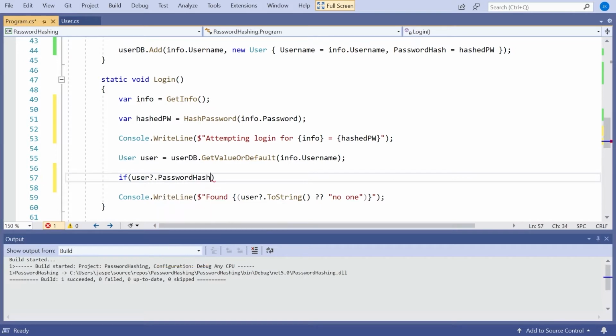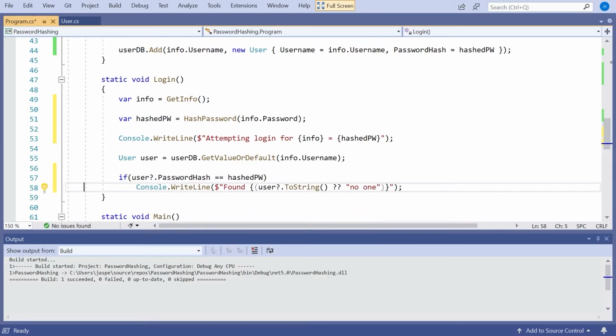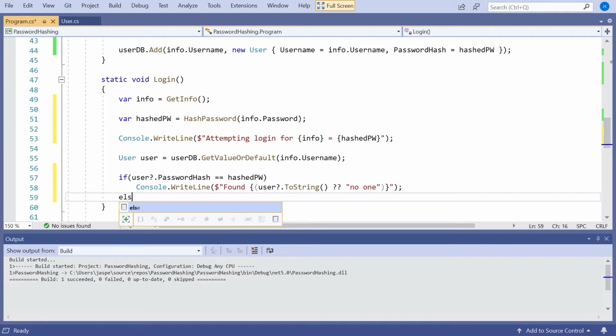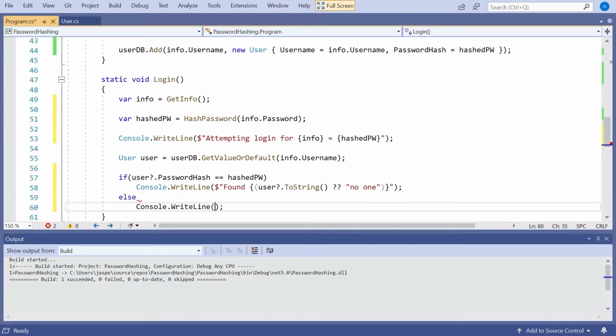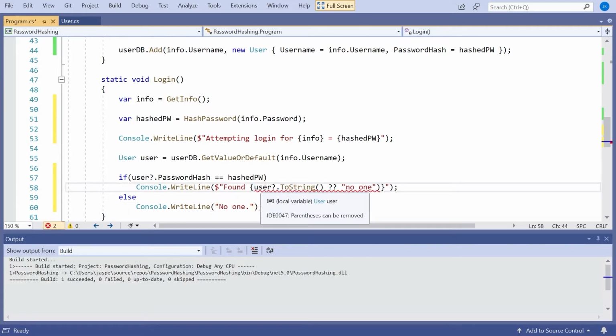But then we'll compare the password hash that we recorded with the password hash that was entered. And if it matches, that's fine. If not, we'll just say no one. And in fact, because we now know it must be a valid user, we don't need to muck around with that sort of thing, so we could just tidy that up a bit.